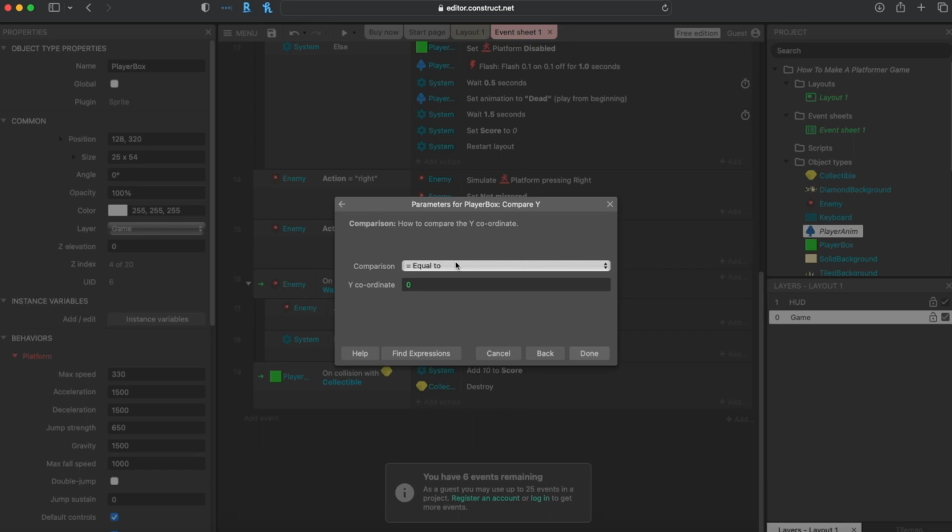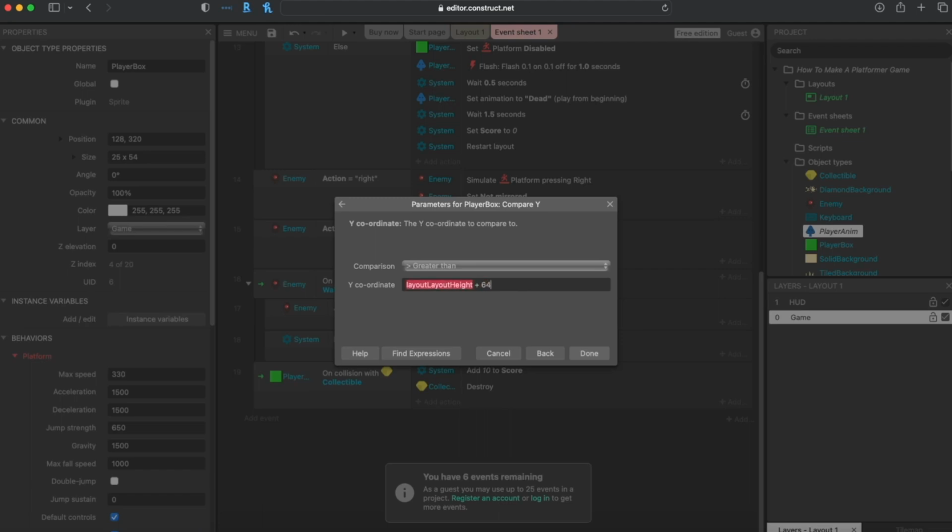So the player is going to be when the player's Y is greater than. And so here, I could put a value if I know what this is, but they have a value for the layout height. If I type out layout, they have a layout height variable that's keeping track of how tall the layout is. And then I'm going to add